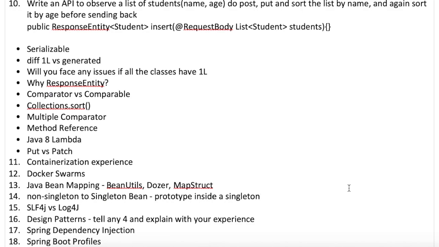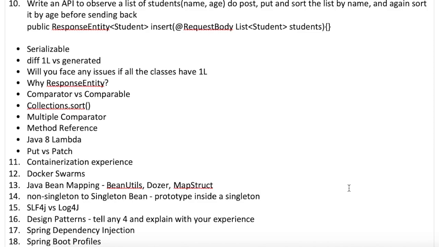Obviously what you'll do is a lot of dot set. You'll use the setter to set objects from the response of the third party to your system, and then you'll do a lot of set from your end: you'll have to create an object from your end, and you will do a lot of set from your end to send a request to the third party.